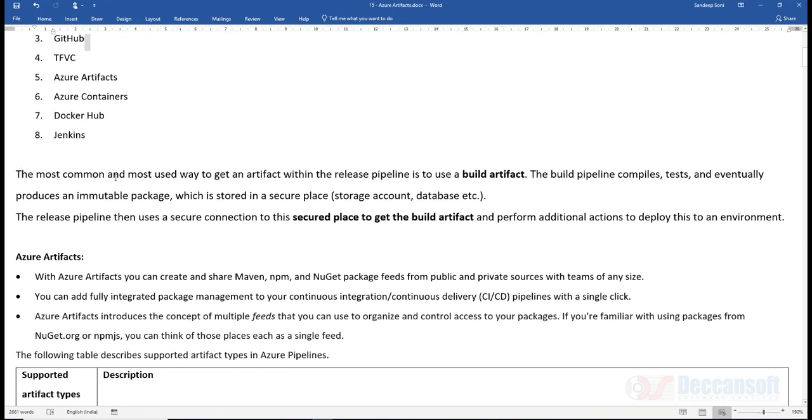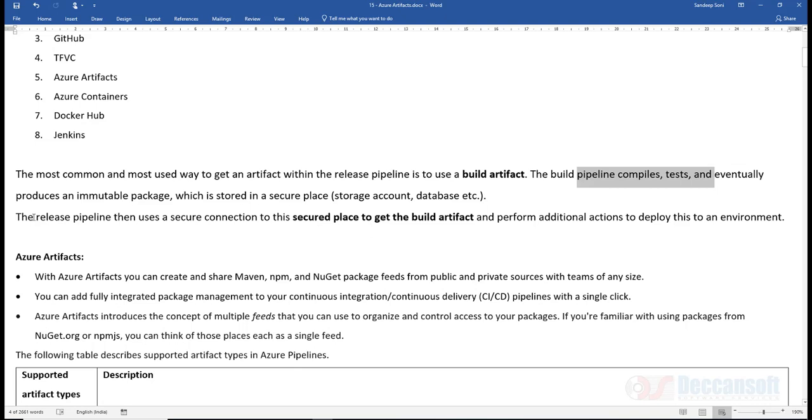The most common is what? The build artifact. We build our project, and after we build, we would like to take the output as the build artifact. Of course, the build is also used for compiling the source code and performing unit tests, and other kinds of tests like code coverage, vulnerability, and licensing tests. All those things we perform, and finally we declare that yes, these are the artifacts which are ready for being deployed in the different environments.